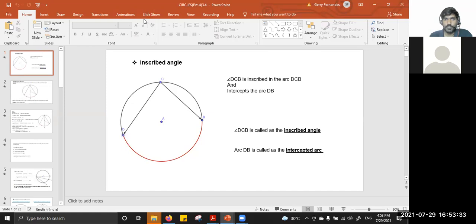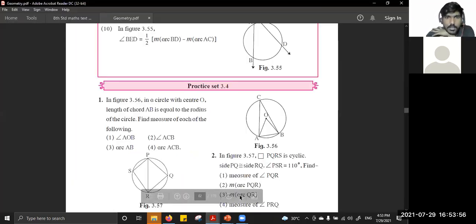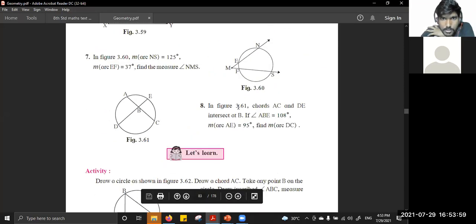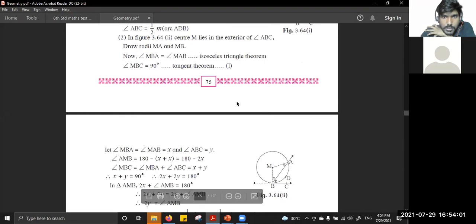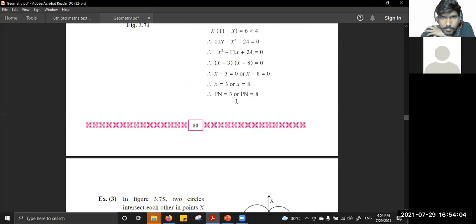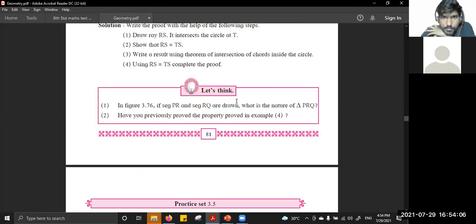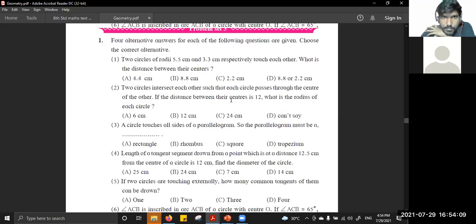Also, will you just mark the problems which are not there? Just put an X on the number. I'll tell you. You have the textbook, or you can do it in the PDF and then save it if you want. One minute. Yeah. I'll open the PDF. Problem set, page 83. 83 of the textbook.